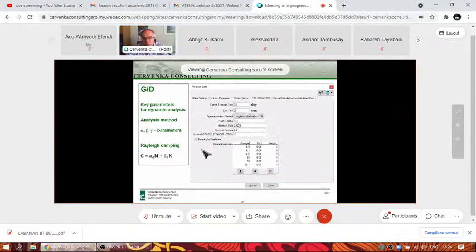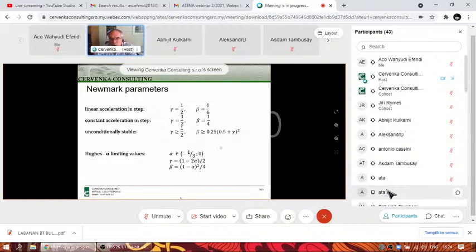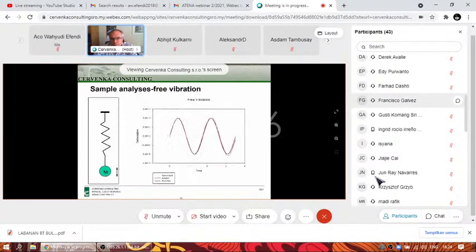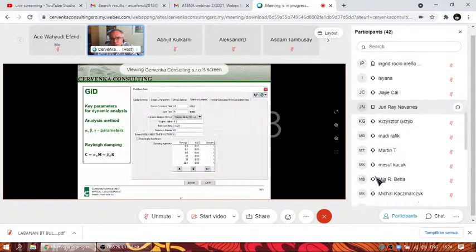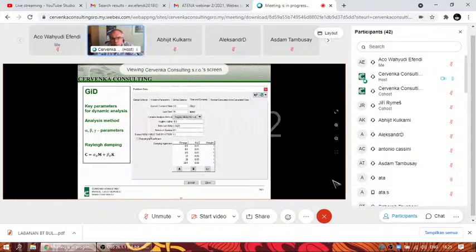Now these beta gamma parameters are selected according to these previous conditions that I have defined here. You should satisfy these conditions in order to have an unconditionally stable algorithm. An important part is this damping